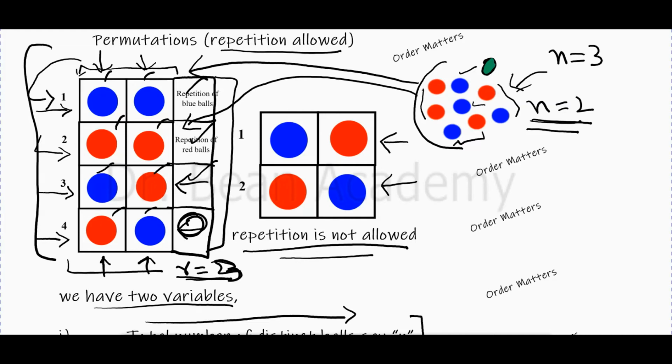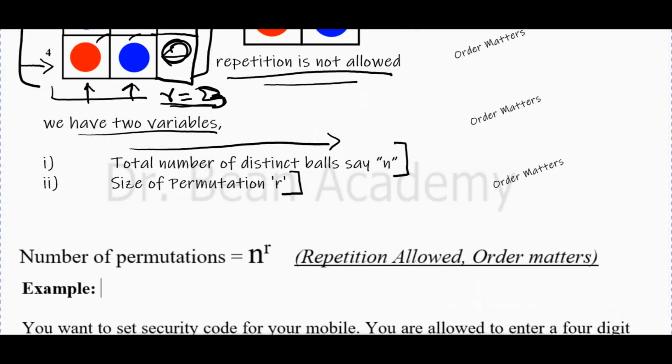There is a formula which will immediately tell you how many permutations are possible. You don't have to do it experimentally or manually. You can just use that formula if you know the number N and R. If you know N and R, you can immediately find how many permutations are possible for any given situation. But just focus to pick the right value of N and R. So let's solve an example,